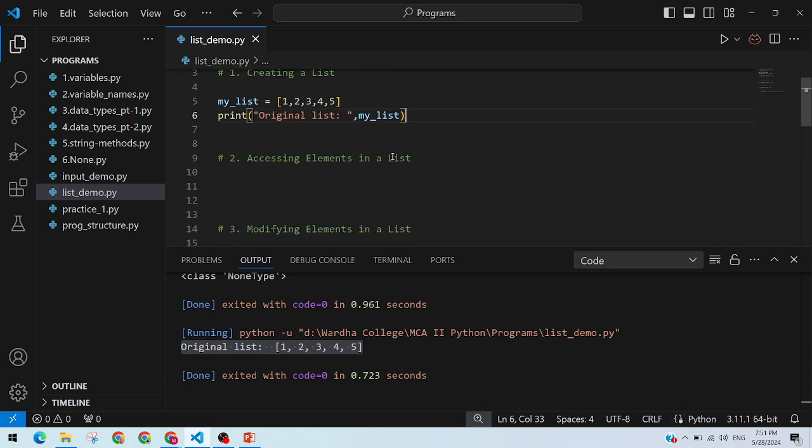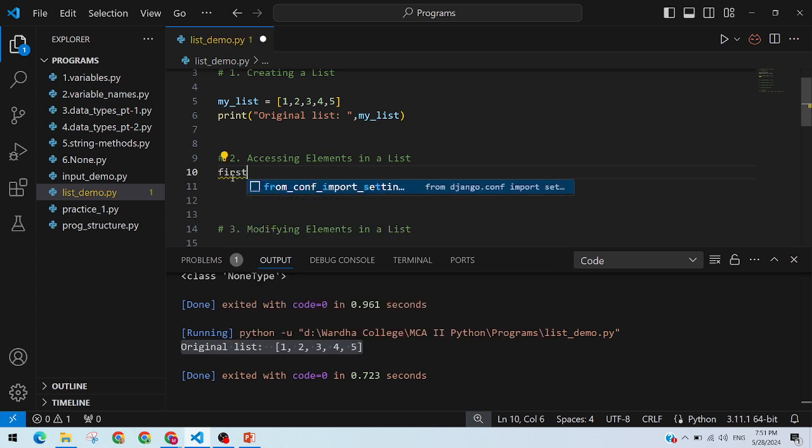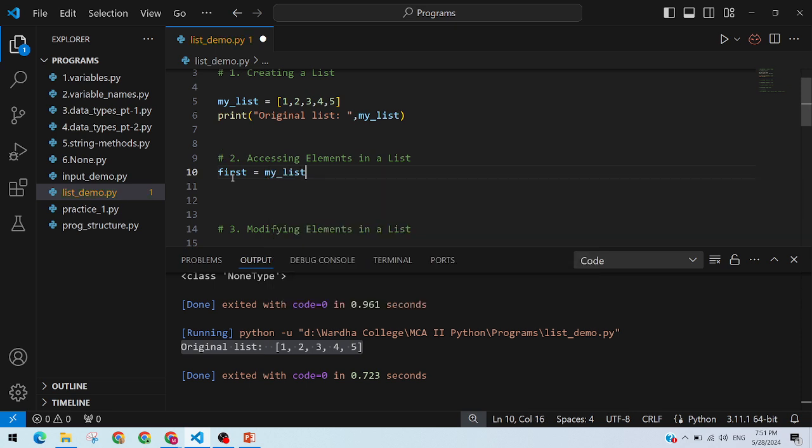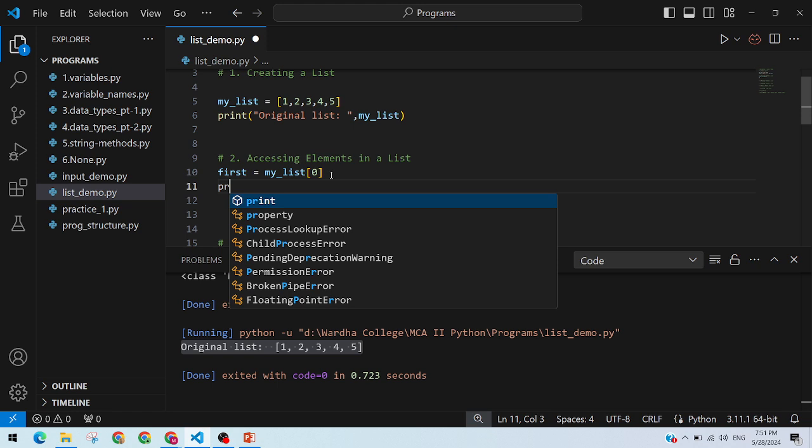Okay, now next operation on list is accessing elements. How to access element in the list? So as we have seen, lists are ordered. You can access element using what? Index, right? If I want to access this first element, I can access it using index, right? So कैसे access करेंगे? जैसे first equal to my list, in square bracket I can give 0. Okay, and then print